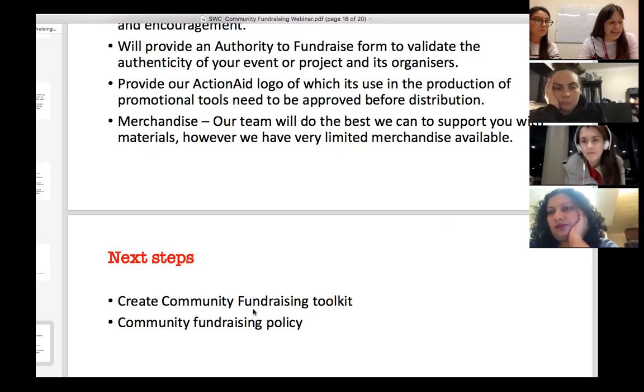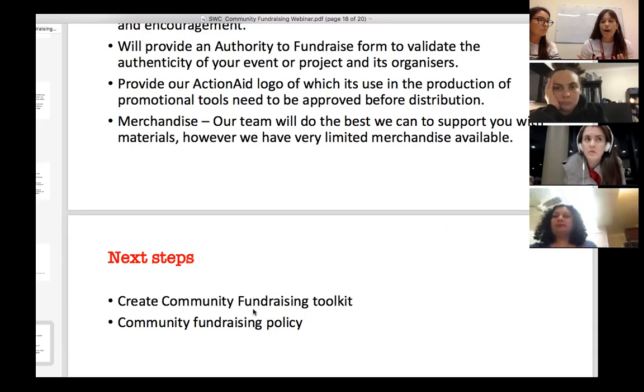But I guess our thoughts at the moment, though they're not finalised, are that potentially you can fundraise to replenish the budget that you have, and then the rest of the money will come through to ActionAid unrestricted. But all of the money eventually has to come through ActionAid so we can manage the budgets and we have the transparency, because obviously as an organisation that works for DFAT and we're accredited with